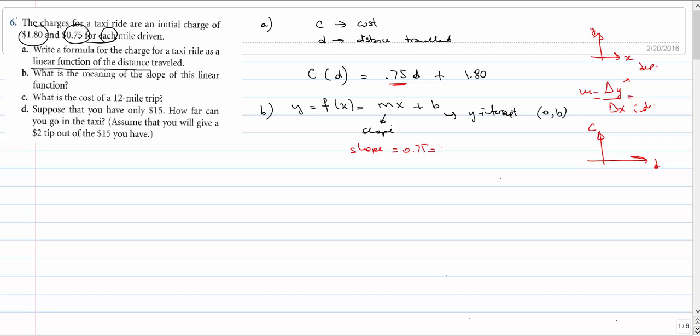So, as a definition, slope is change in C to change in D. And the change in the cost is in dollars, and the distance is change in miles. So if you think over 1, the way you can interpret it, I can say the slope of this linear function